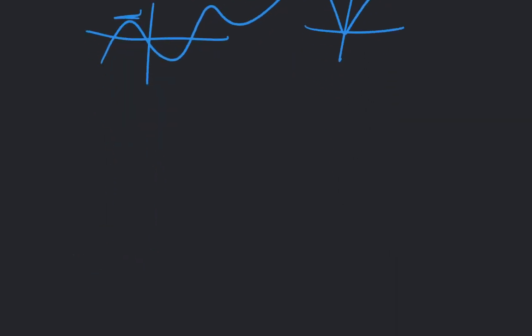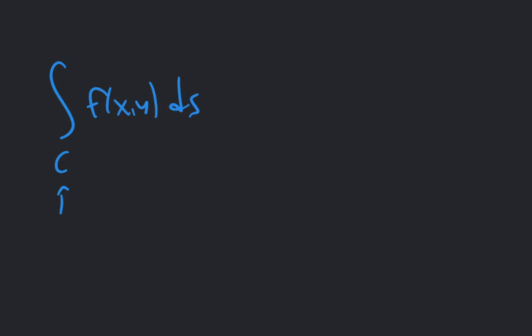So it has a derivative, it's continuous, and it's non-zero. Well, I guess it could be 0, but the derivative is never 0. So when we do a line integral, we're integrating over some curve. We have our function, and then ds. So when we write this, we're going to go from a to b,